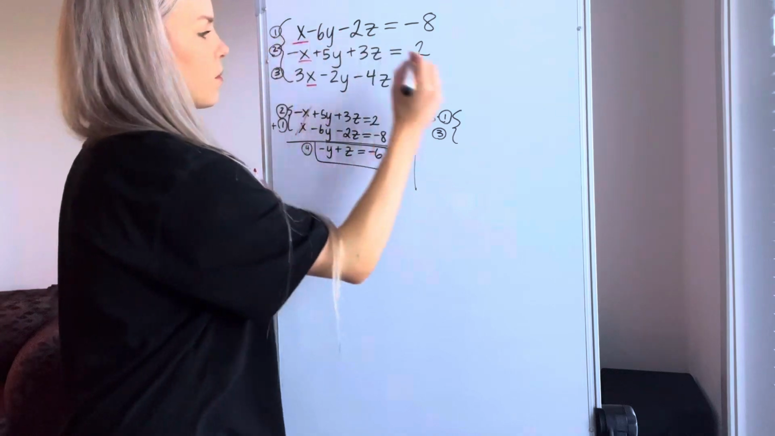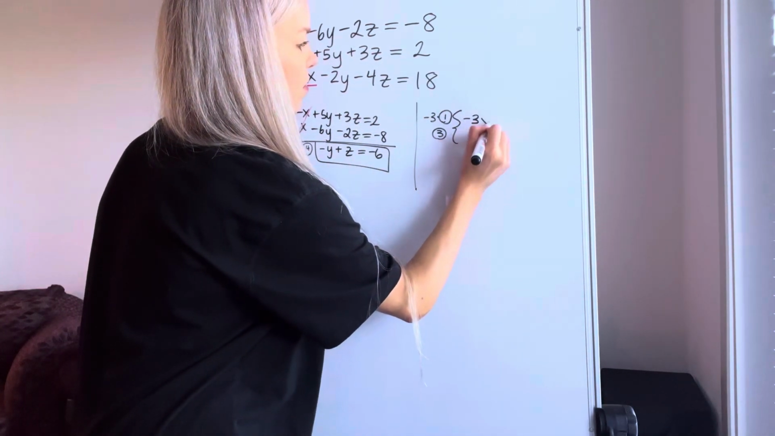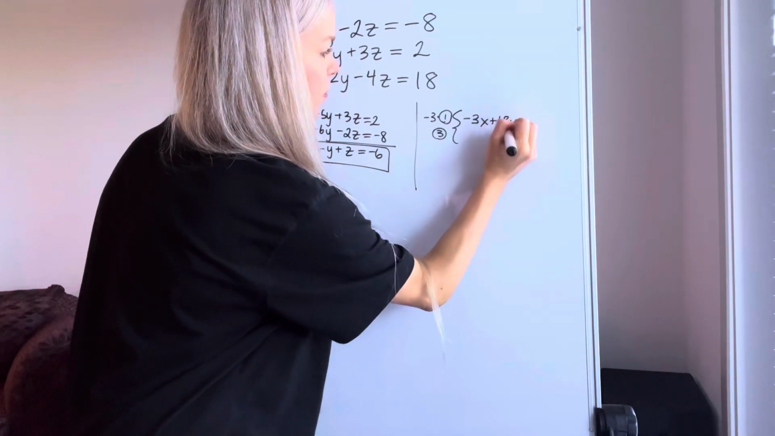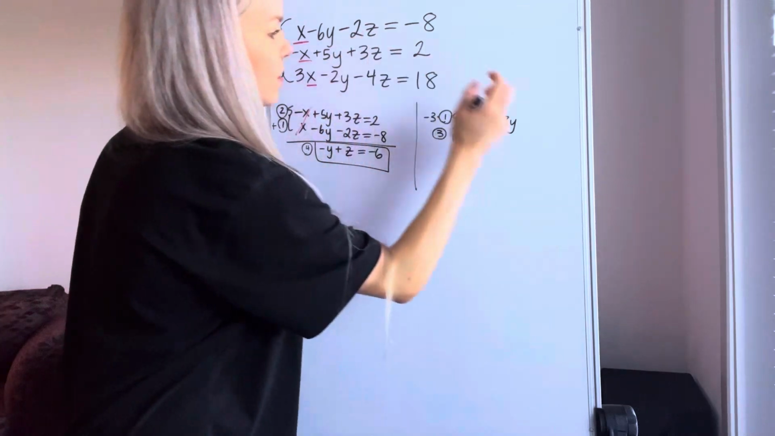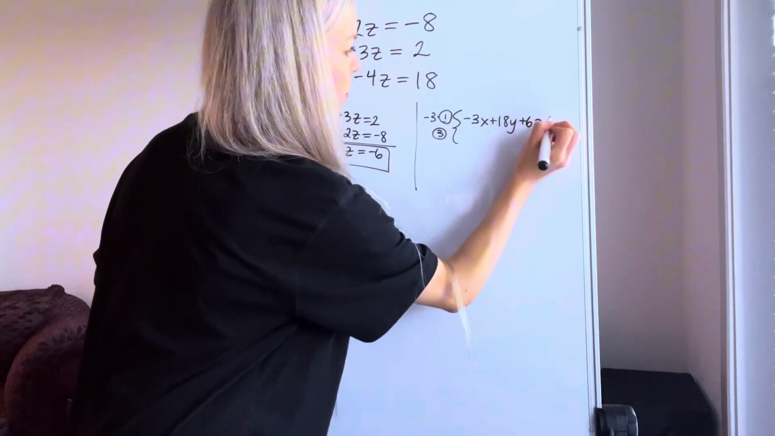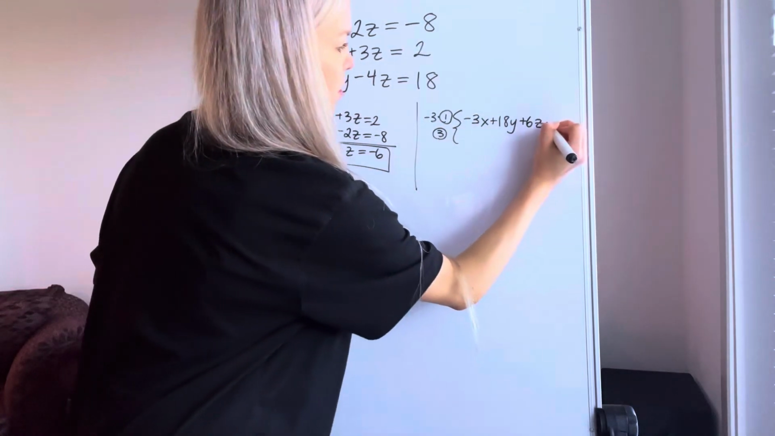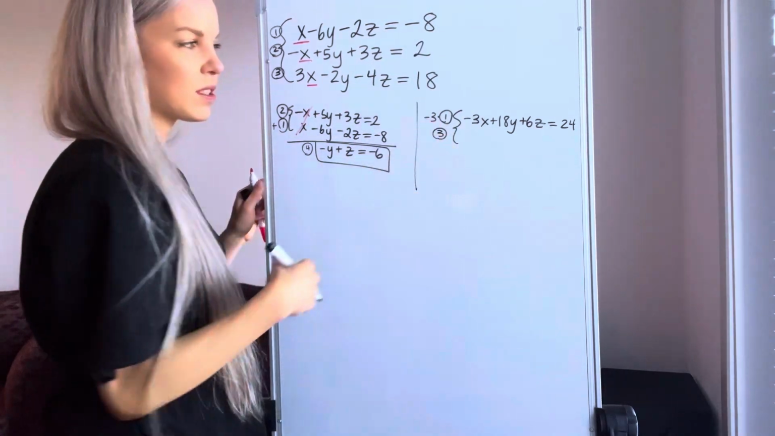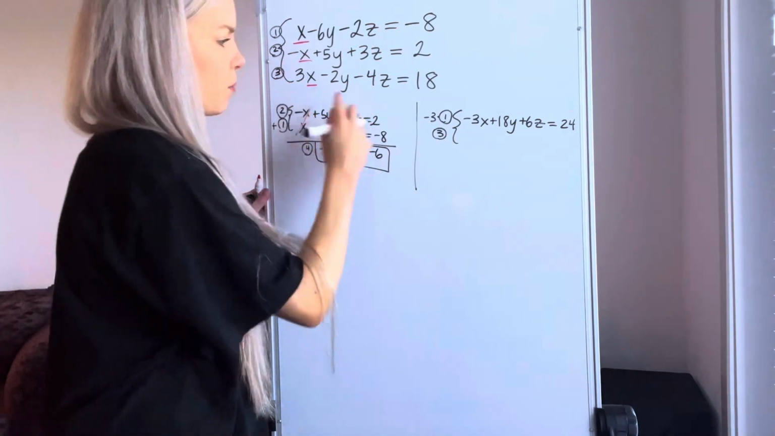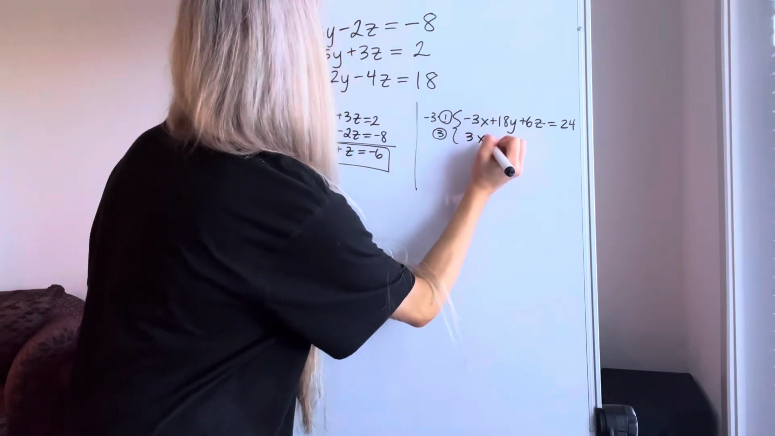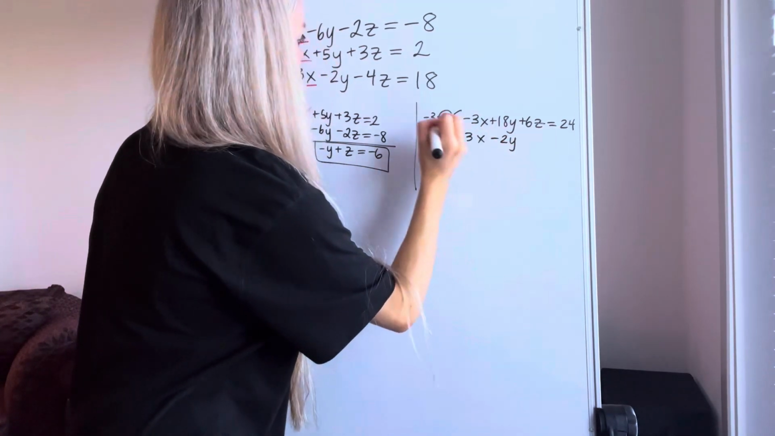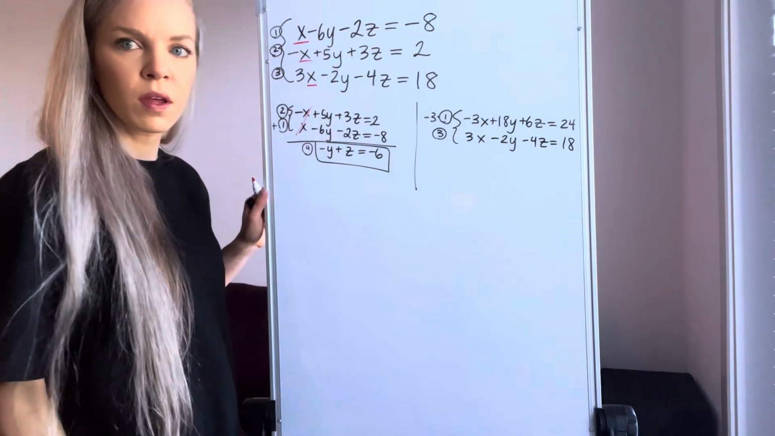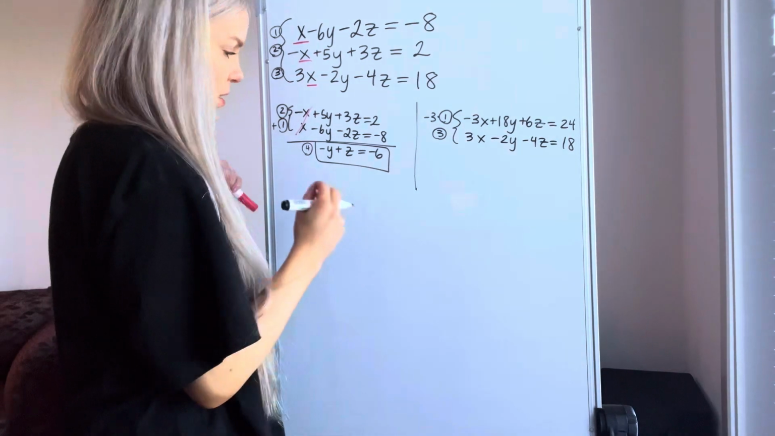Negative 3 times equation 1 would give us a negative 3x, a positive 18y, a positive 6z, and then a positive 24. I just scaled all of equation 1 by negative 3. Scale just means multiply. Then we can copy down equation 3 just as it is: 3x minus 2y minus 4z equals 18. Now when I add these together,